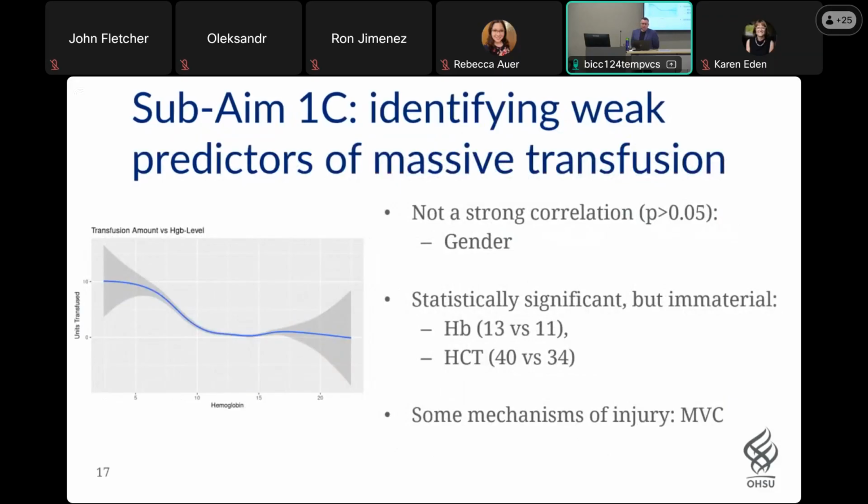And weak predictors of the massive transfusion were those which did not have a strong correlation. So by gender, we cannot really decide anything. And there were some statistically significant but immaterial, as my wife would say, indicators like hemoglobin 13 versus 11 and